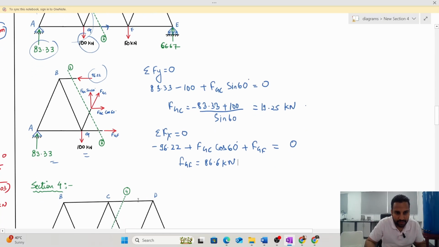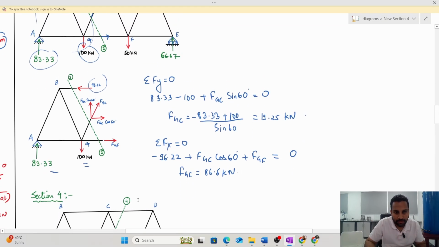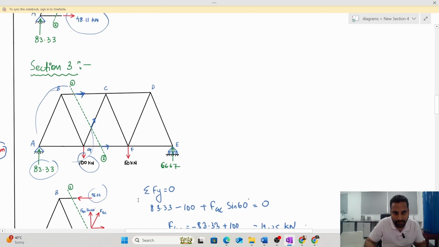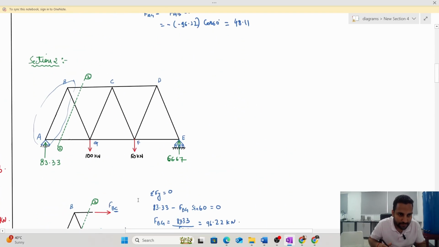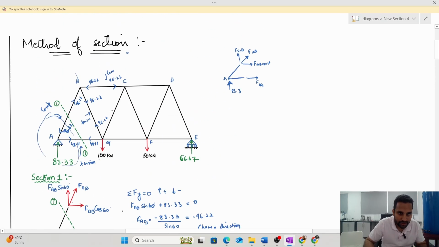Okay, you can keep it as it is. So I just need to put the values now. What I got, FGC and FGF, and both are positive. So I will put here FGC. Where is my original equation? See here,